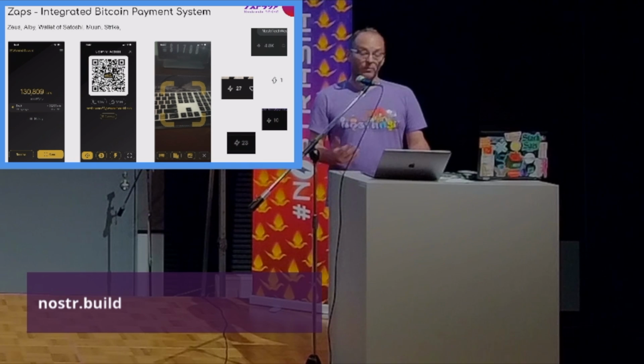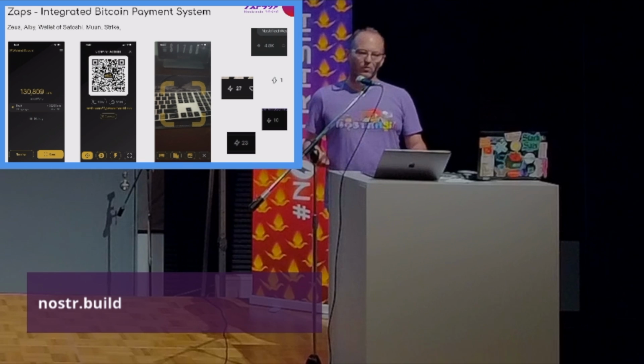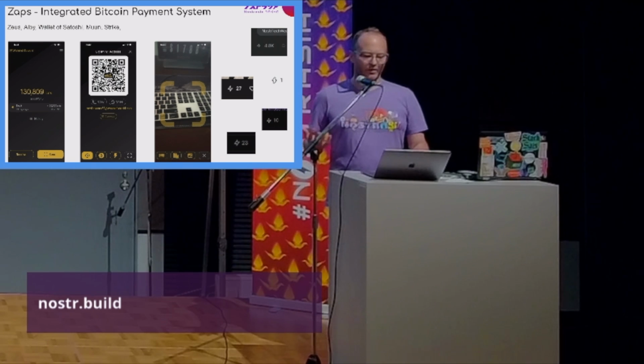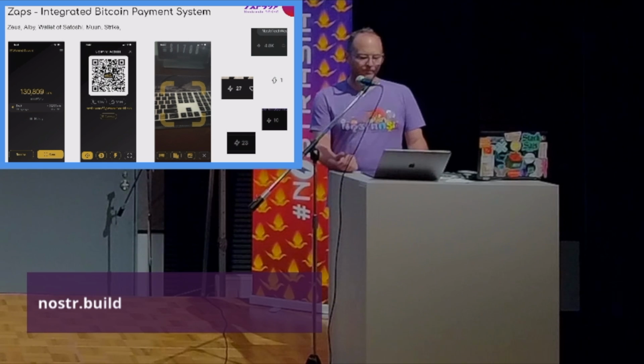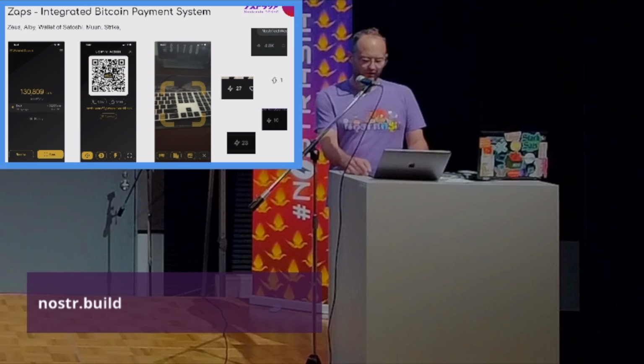So it's actually really cool because you can pay for things, or you can donate money to people. If there's an artist, or a creator, or someone that writes a really interesting blog, you can zap them. You can send them a little bit of Bitcoin, right? And there's no middleman to take a cut. It's peer-to-peer. It's point-to-point, right?